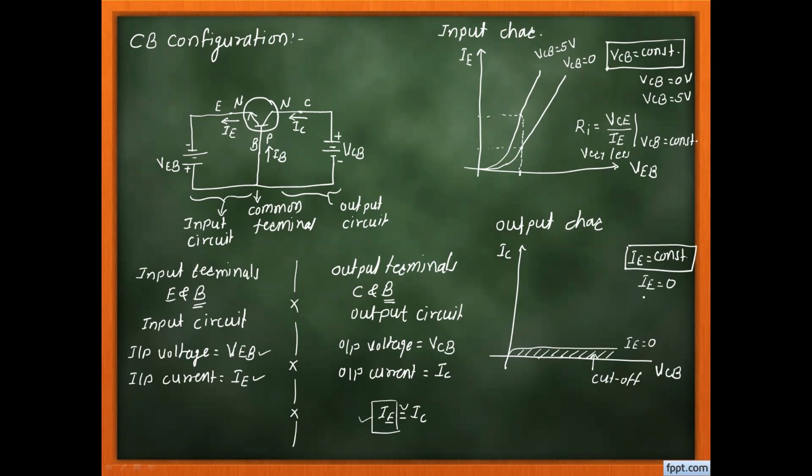Now suppose another constant value we can consider. IE is equal to, I say that 5 milliampere. आता IE इन्क्रीज होतोय. IE इन्क्रीज होतोय म्हणजे इमिटर टू बेस हा फॉरवर्ड बायस मध्ये कनेक्ट केला आणि कलेक्टर टू बेस हा आपला ऑलरेडी रिव्हर्स बायस मध्ये, म्हणजे आता ट्रान्झिस्टर हा ऍक्टिव्ह रिजन मध्ये वर्क होईल. When IE is equal to 5 milliampere, we know that